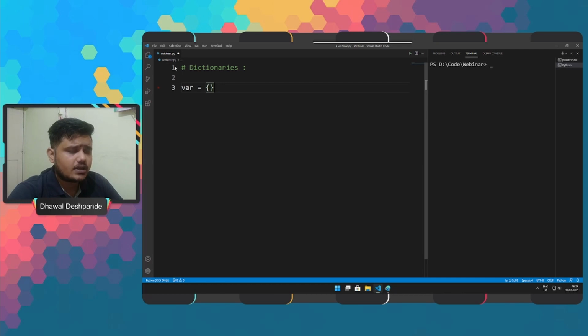Say, for example, the key here is name. So for name, we have a value, let's say Sam. Then the second key, let's say we have Sem, and the value for that, let's say 3.